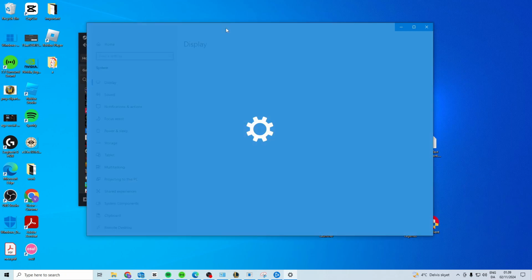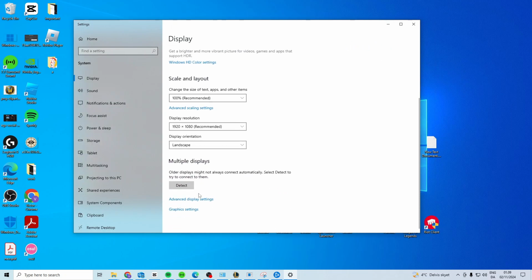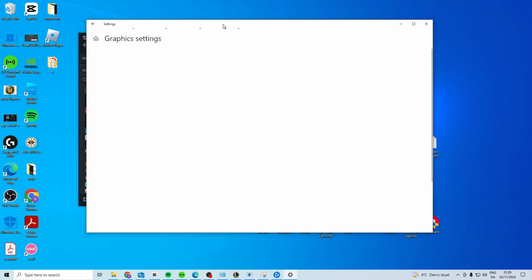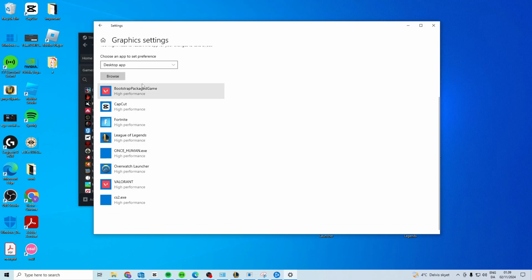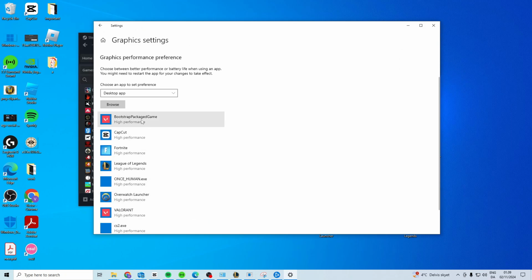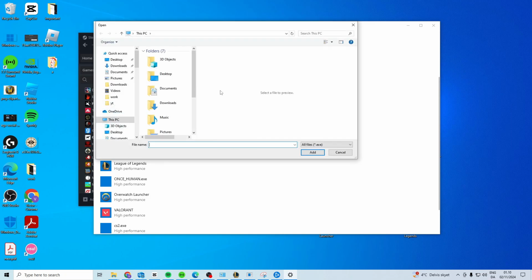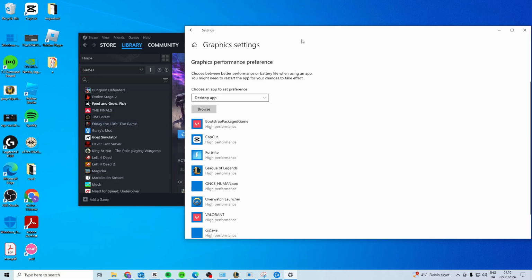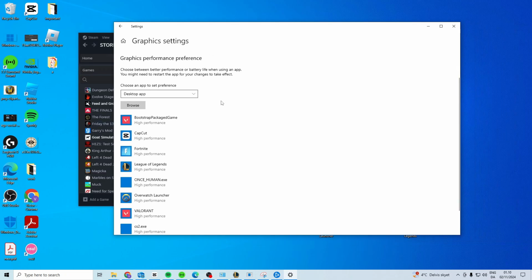Then the last step you want to do is right click on your desktop, go to Display Settings. In here you want to scroll down until you find Graphics Settings. In Graphics Settings, what you want to do is add the game right here. So choose Desktop App, Browse, then you want to find the Call of Duty.exe. Now it depends on if you have it installed on Steam or on Battle.net, but you're just going to find